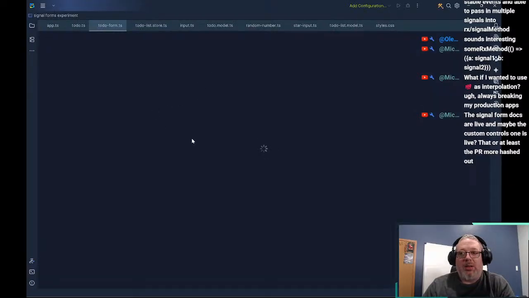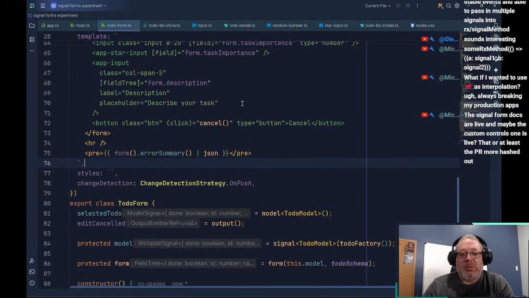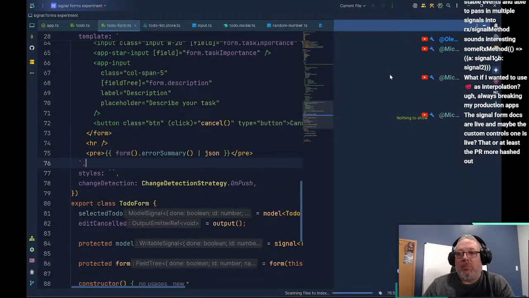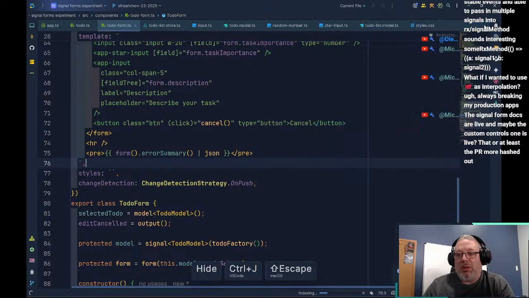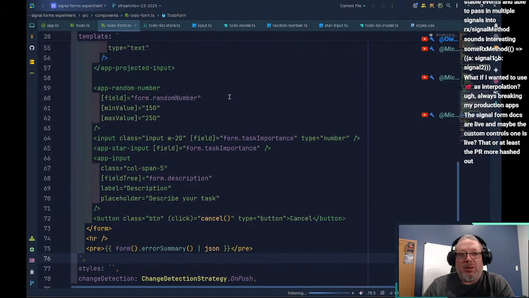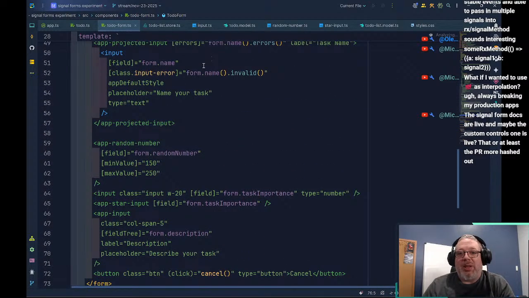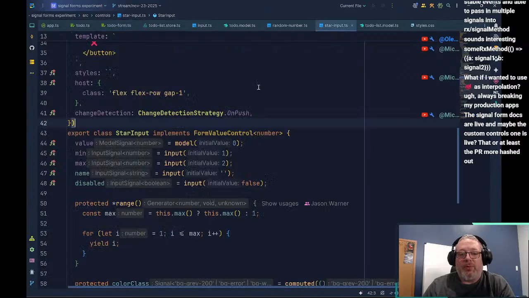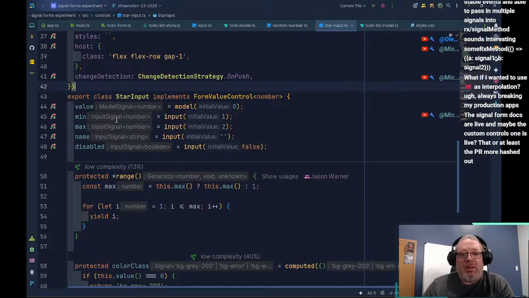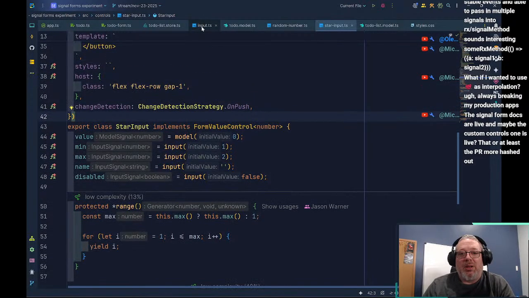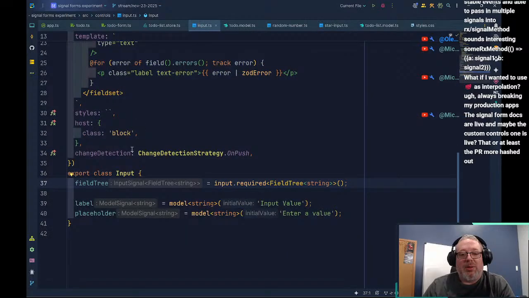Hey, Gemini. All right, I think, so if we take a look at the star input, for example. With the star, oh no, we do form value control here. Is it inputs?